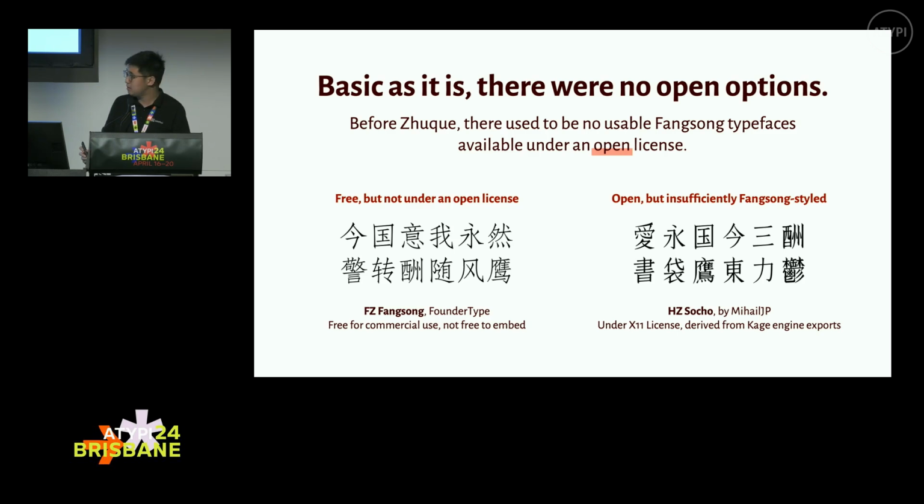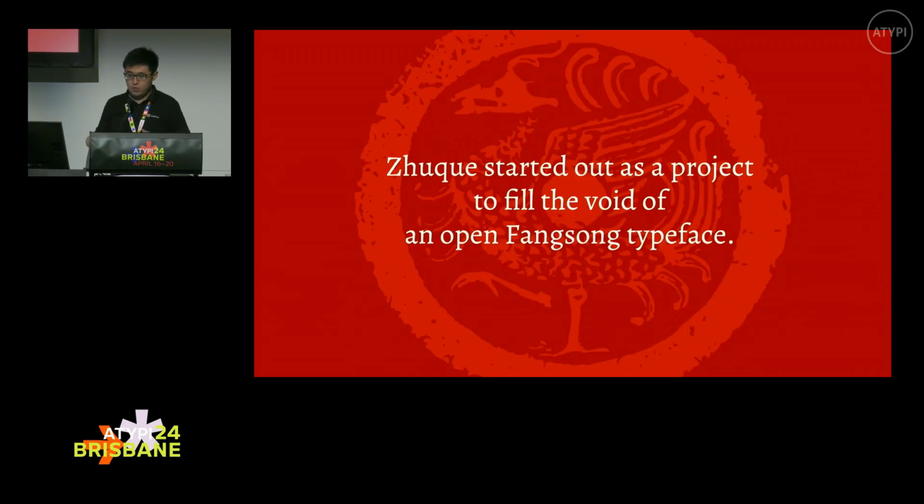There's also a technical derivative known as HZ Sōchōtai, but it does not embody the perfect style of Fangsong, and it is derived from a serif typeface using a parametric font approach. So therefore, Zhuque started out with a clear goal that it will fill up the vacancy of the Fangsong typeface